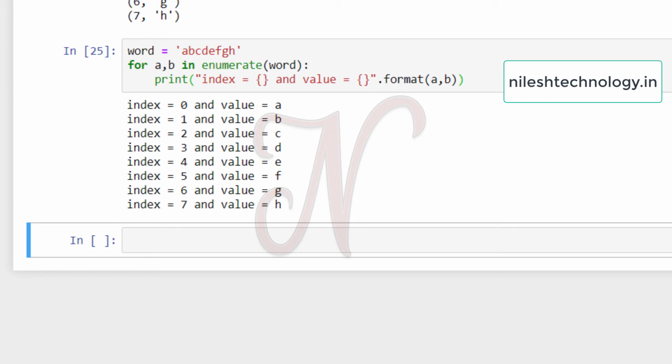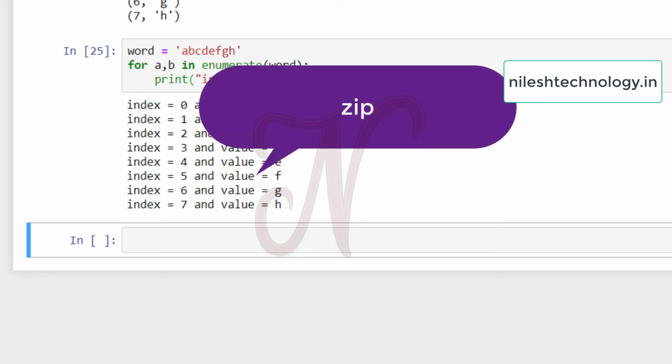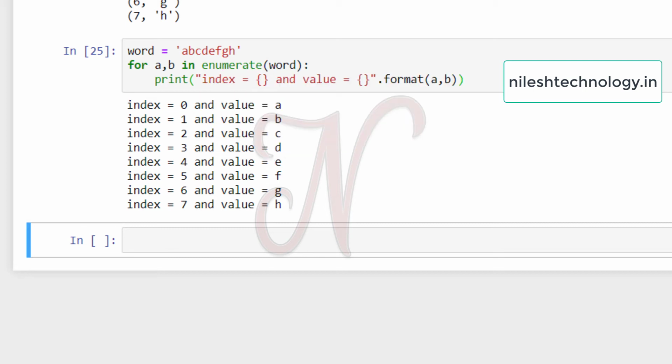Okay, so next function is the zip function. So zip means to zip together lists. Okay, means combine the multiple lists into one list. Okay, so see here one example of zip.